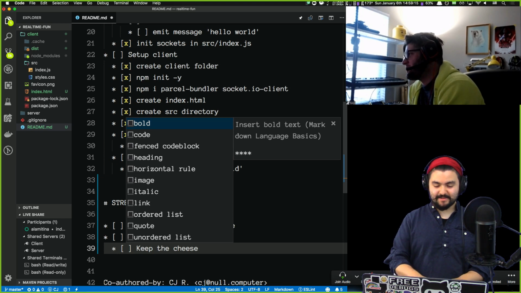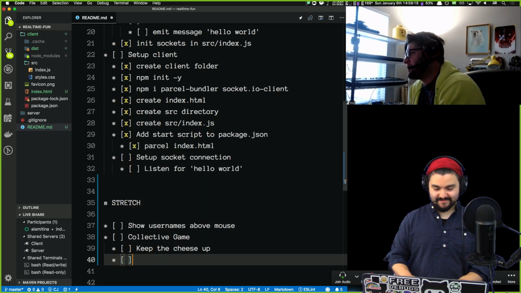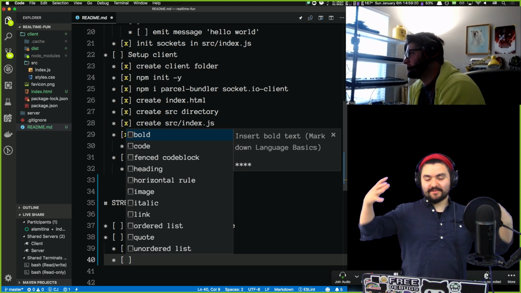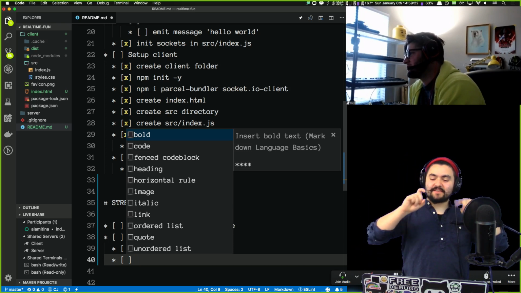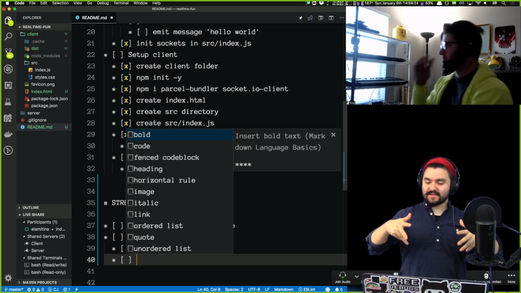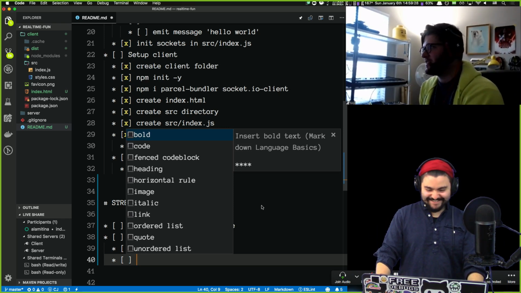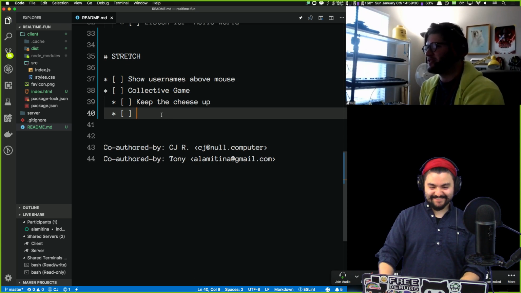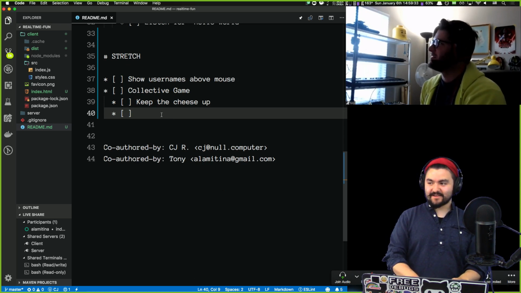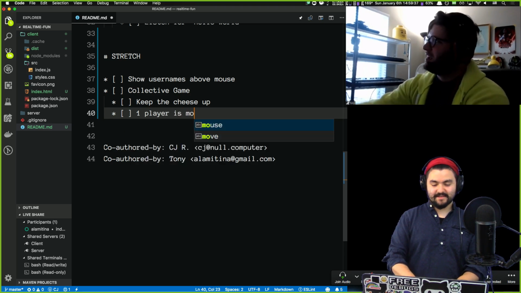I would say, keep the cheese up. Yeah, keep the cheese up. Or what if there was a giant block of cheese in the middle, and you just have to eat the cheese, and you gain points by eating cheese? There could be maybe a little computer-controlled cat that tries to get the mice. Yeah. So one is cat